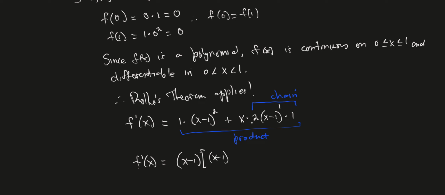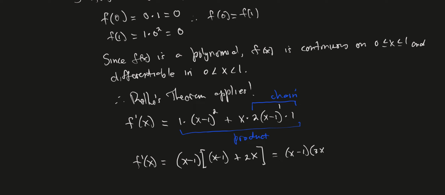And then what's left from this term? Well, I have a 2 and I have an x. I've already factored out the x minus 1, so I don't need to worry about that. And of course, this 1 doesn't change that term, so I end up having a plus 2x there. All right. So if I simplify what's in the square brackets, I have my derivative in factored form,